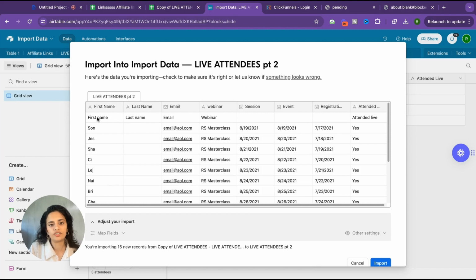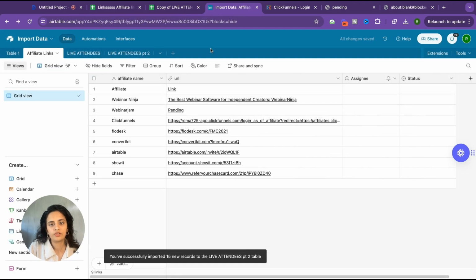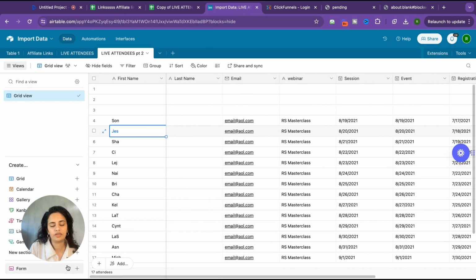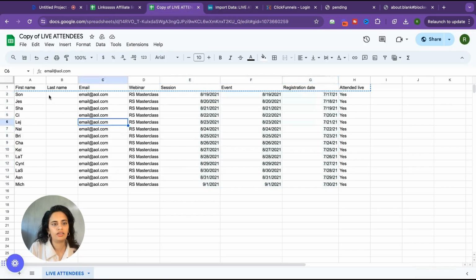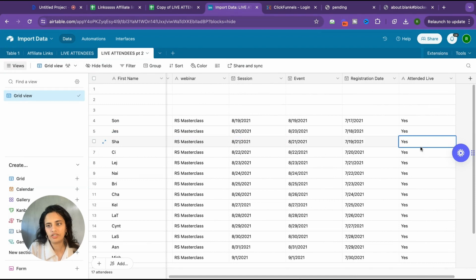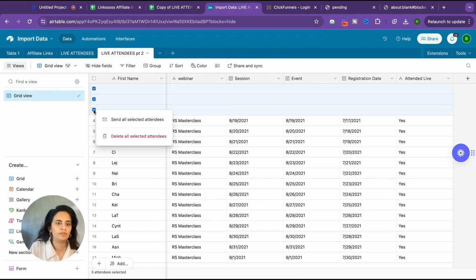I don't need this first row, so what I can do to just clean that up is exclude first row, because I already did that work, and then I'm going to import. Okay, and then I go back and I'm just going to take a look if everything matches up. I see that in my Excel sheet I didn't have a last name. And then all the dates match up, all the attended lives match up, and that is how you import from Excel or